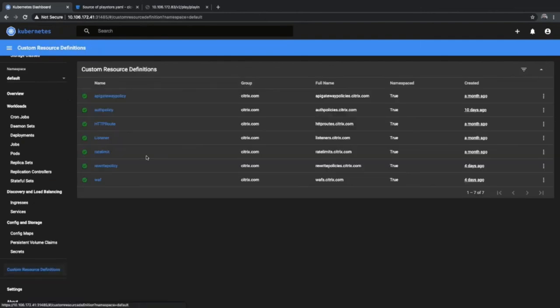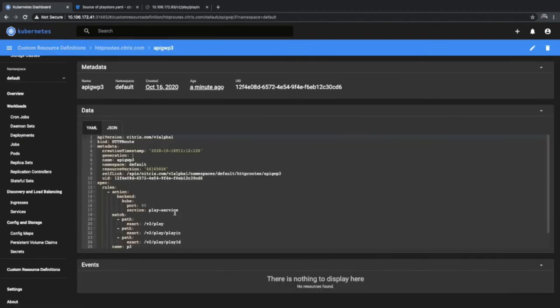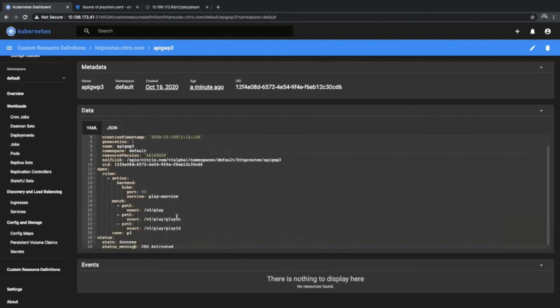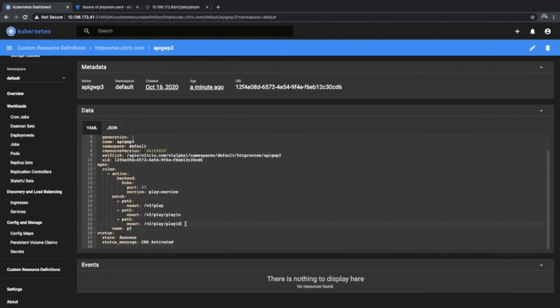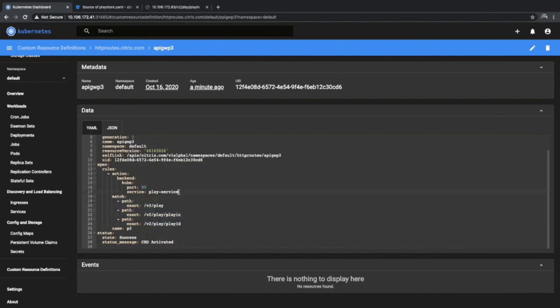I'll also show you the routing configuration which is generated out of it. So here we see this route configuration is also generated. If any of these paths match, let's go and hit this particular backend. That is also done. So the route is set, the policies are applied, all done the moment you apply the API Gateway CRD.